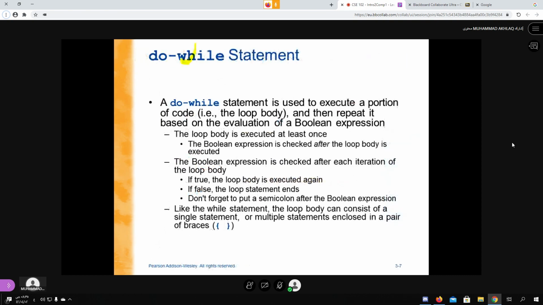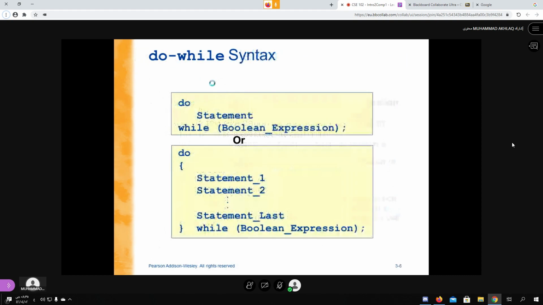Okay, then we have the do while statement. In do while, again, if there is only one statement, you can avoid these curly brackets. Otherwise, do is here, one statement here, while is here, and then you have a Boolean expression here. Because this looks like a while, and just to distinguish it from a while, you put a semicolon here. This is lazim, okay, necessity.